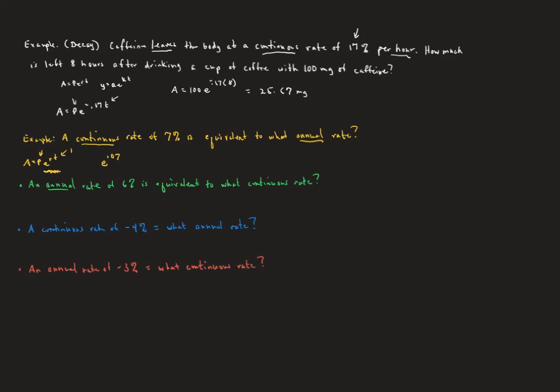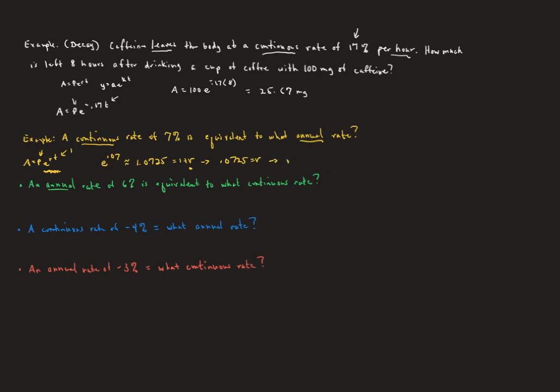So when you plug in e to the 0.07 into your calculator, I believe you will get, and I'm going to round this to 4 decimal places here, 1.0725. And that, remember, is our 1 plus r, and we're interested in finding this r. So when we subtract off the 1, we have 0.0725. This is our annual growth rate here, and we want